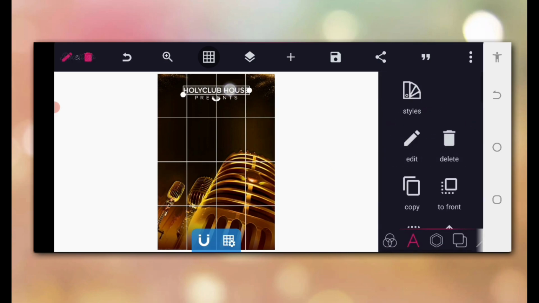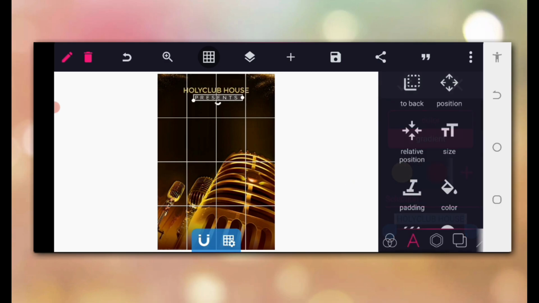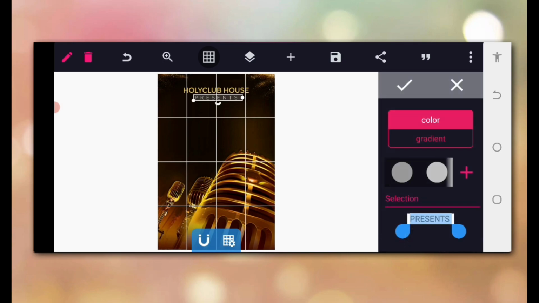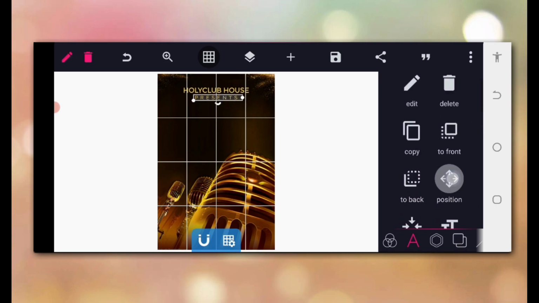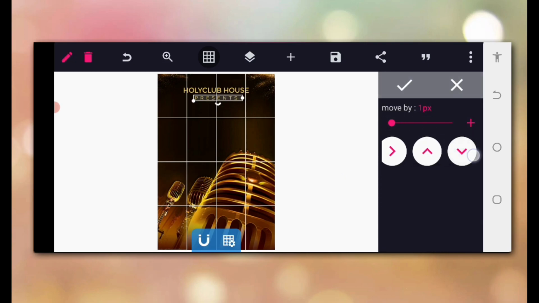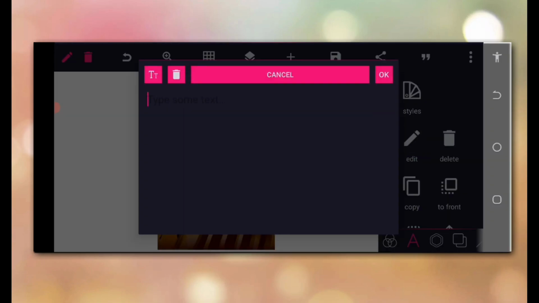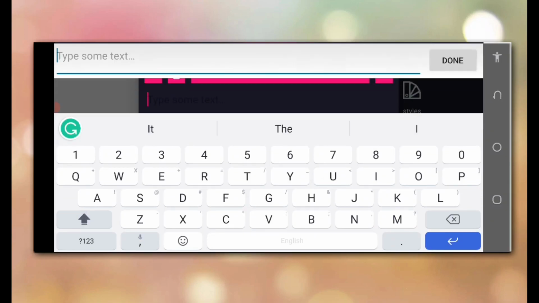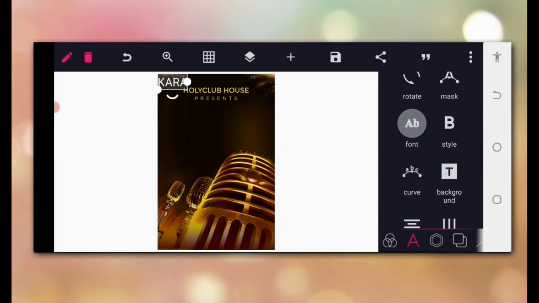So we are using a color that will actually portray what we are designing. So you can come here, change this color. Come here as well and have the color changed. After the color has been changed, you can bring this one a little bit, create a breathing space. Then we can go to the main deal by going to the text area, where we are going to type Kara. So after that, change the font to